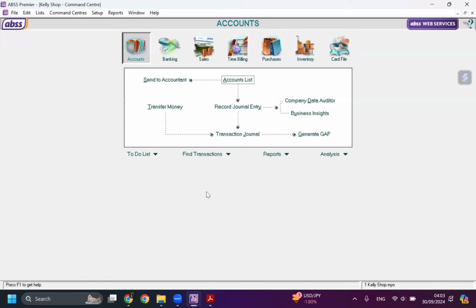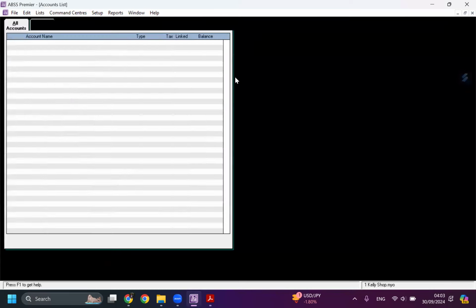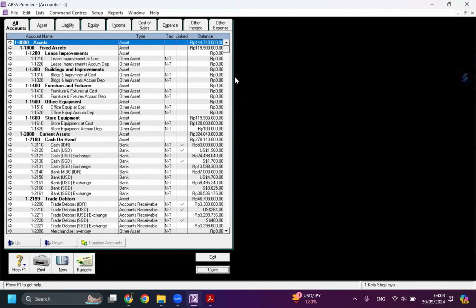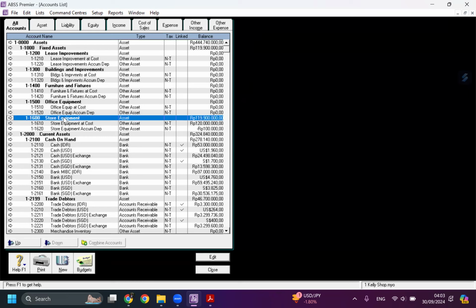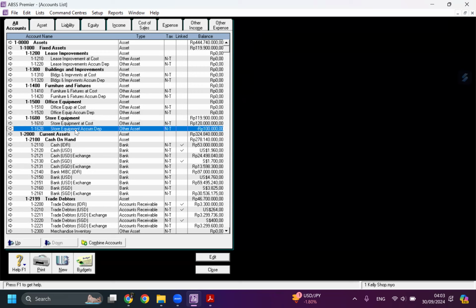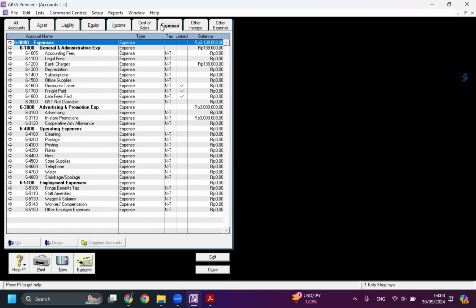Let's move into our account here, store equipment. This store equipment accumulated depreciation is for our credit, and on our debit side, we have